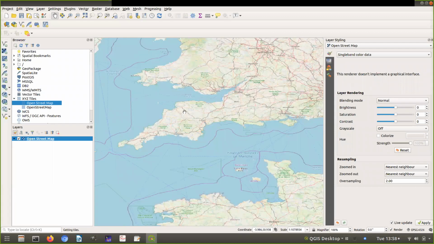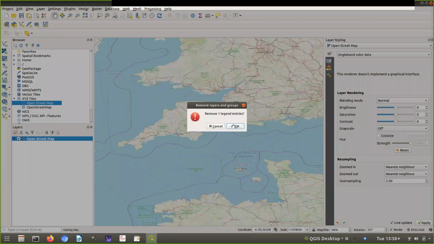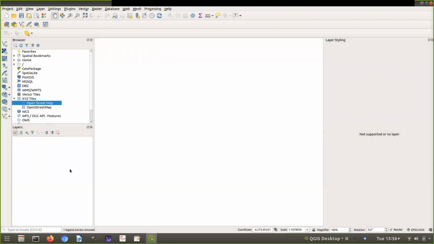But as I say, it can slow down your project. So let's remove that for today. So for today, as our base map, we're going to use a simple world map, and we can access that easily in this coordinates field. It's a really weird way of getting it. You type world in the coordinates,